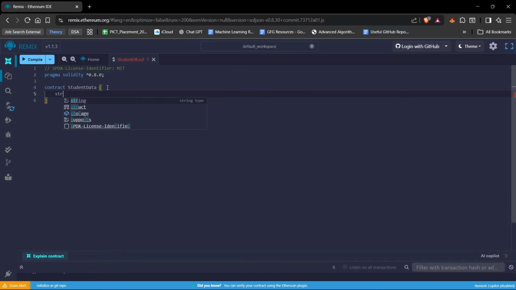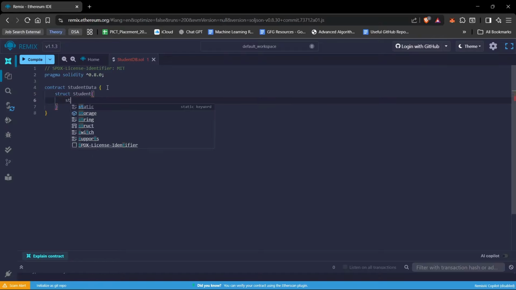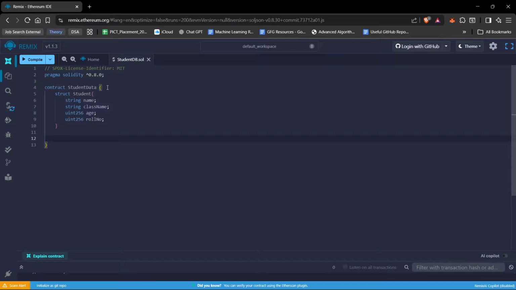As per the requirement of the program, we will now create a structure called student. Now it is also worth noting that for this current program, it doesn't make any difference whether the struct is defined inside or outside the class. But defining it inside the class restricts its scope, which is what we need in our case, as we do not have any other contract that uses this struct. And you can also brag to the examiner that my code can't be hacked easily for like brownie points because